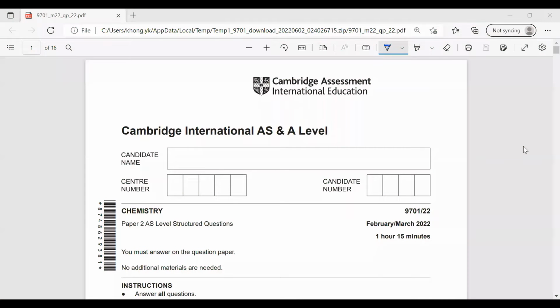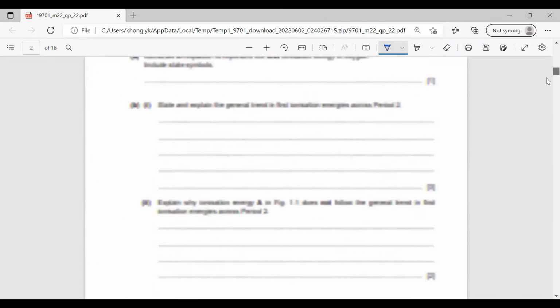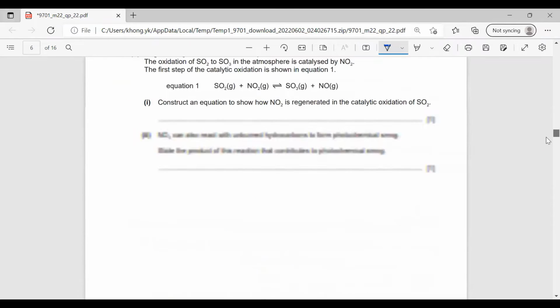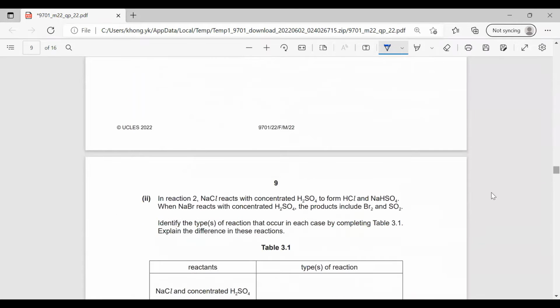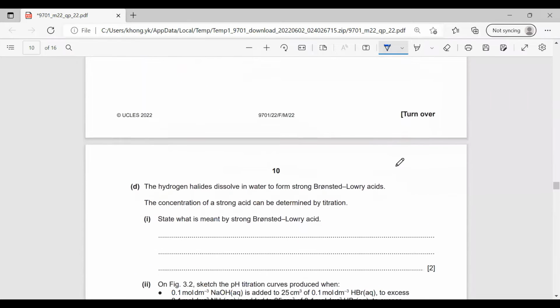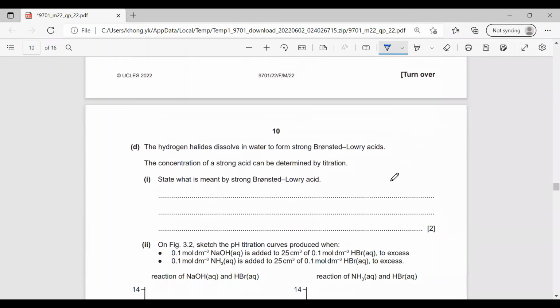In this video, we will look at the past year paper from the A-level chemistry paper 2 from February-March 2022. So we will discuss question 3D, which is actually on the acid and base chapter. Now in this question 3D, we have the question which is the hydrogen halide dissolved in water to form